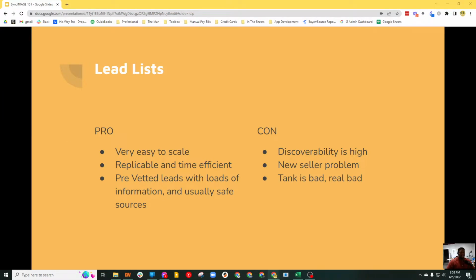Another thing with lead lists, a con, is that a lot of new sellers will jump on to lead lists, and there's nothing wrong with new sellers. I used to be a new seller, but oftentimes new sellers, and I know this because I didn't when I was a new seller, we don't necessarily know how to work our repricer, and that can also lead to really, really bad price tanking, like really, really bad. And it can stay there for a long time. Lead lists kind of attract those new sellers and can hurt profitability.